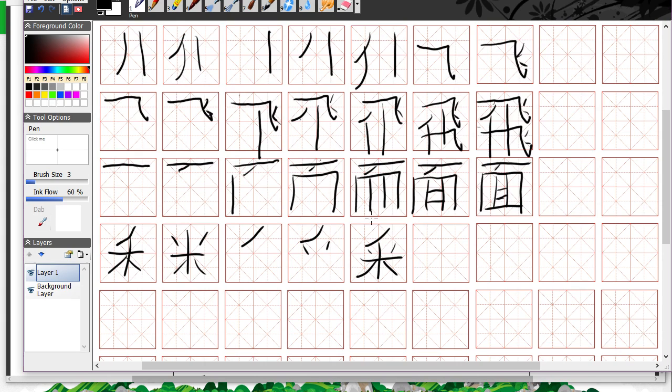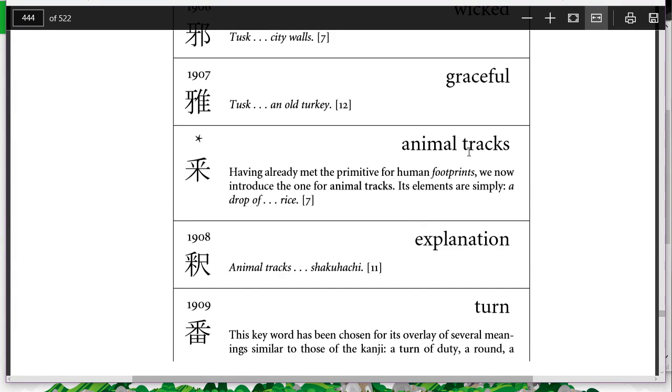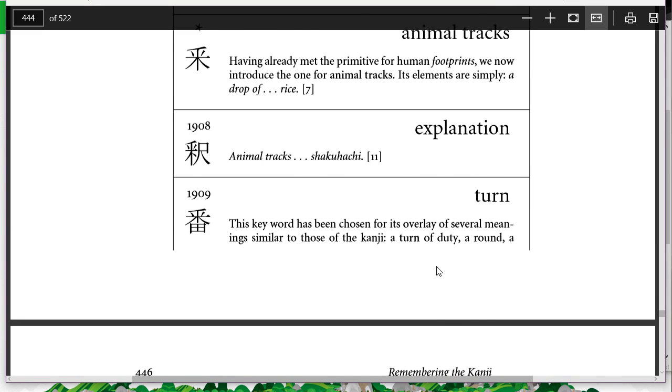So okay, so maybe it's a field. So maybe a farmer is saying, hey, it's your turn to pick up the animal droppings from the rice field. Or no, it's your turn to pick up the animal droppings from the wheat field. So, turn. Let's see. Here's what Isaac has to say. So there's animal tracks, explanation, turn. The key word here is